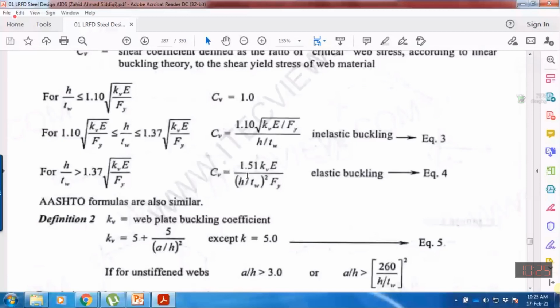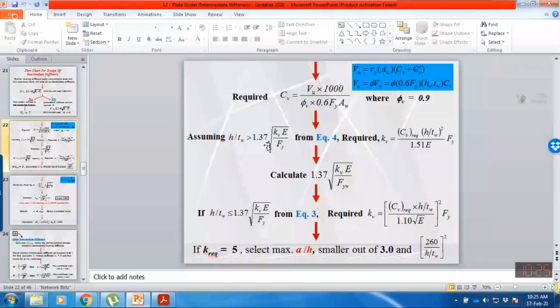So if we know the kV value, first we assume this parameter. Now we can actually compute this expression because we have determined kV here. So substitute the kV value, compute 1.37 and recheck this condition. If this condition is satisfied, it means that 1.37 under root kV into E over Fy, this parameter is still less